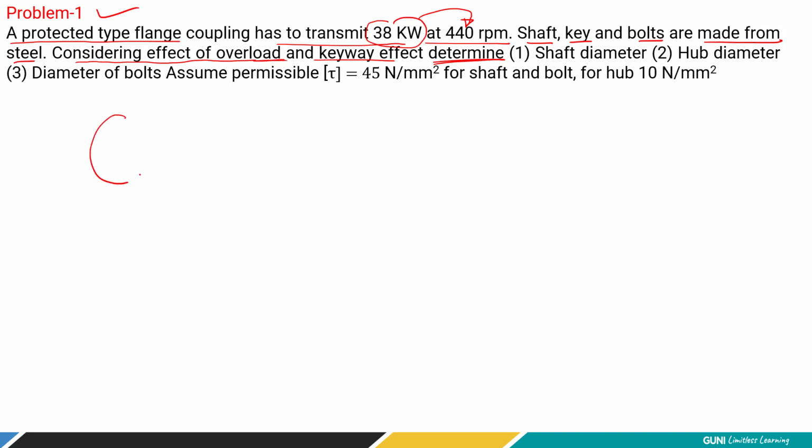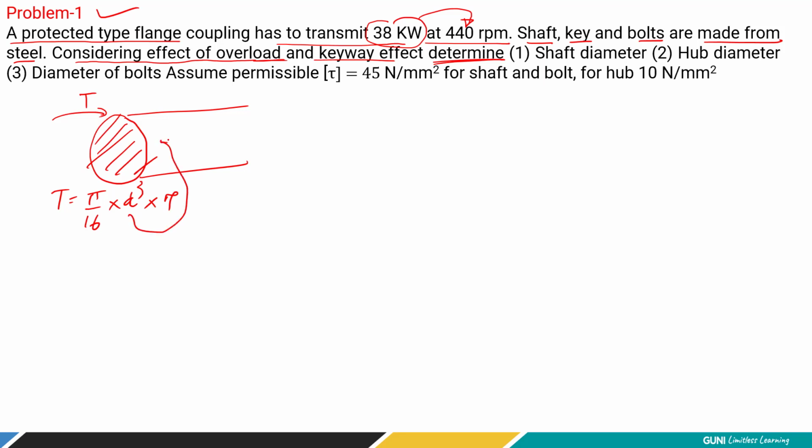Let's try to understand. Now this is the solid diameter of the shaft. When you apply torque, based on the equation T is equal to pi by 16 D cubed times shear stress, we found out the dimensions. Now the dimensions here are basically circular, but in a flange coupling we have to cut out a recess for fixing the key, right? Because of that, we have removed this much material. By making provision for the key, we reduce the cross-section area.